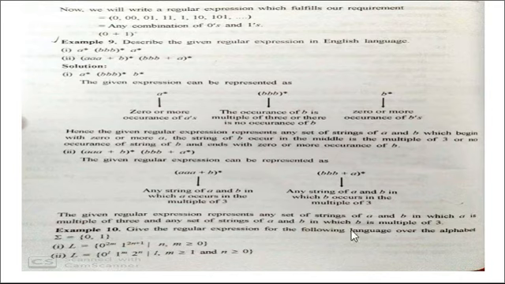Give the regular expression for the following language over the alphabet sigma equal to {0, 1}. The first problem is L equal to 0 to the power 2m 1 to the power 2n plus 1, where m and n are greater than 0. Second is L equal to 0 to the power 2m 1 to the power n, 2 to the power n plus 1, where m greater than or equal to 1 and n greater than or equal to 0. So this is the problem. We have to satisfy the given conditions.